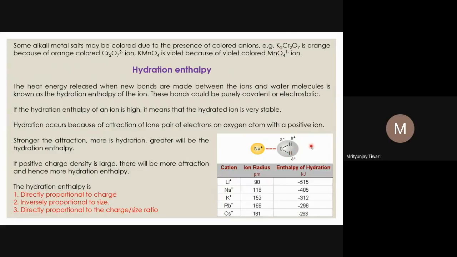More details about this come from particle physics, which is not in your syllabus. Electrostatic interactions are long range forces. When the long range forces are there, the water molecules here will interact, and the water molecules which are here will also get arranged. This is what we call the first layer, or first hydration cell.